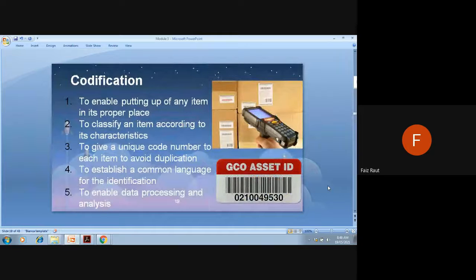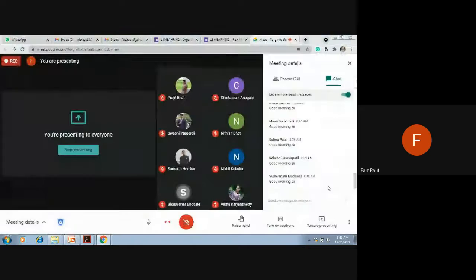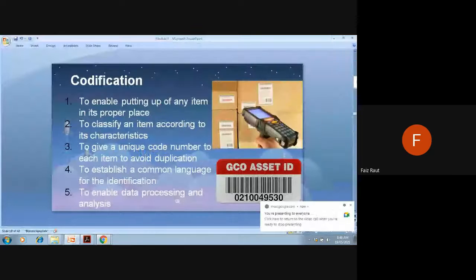Then finally we did codification. Codification is where we assign every product, every item, a specific code, so that we will not be able to